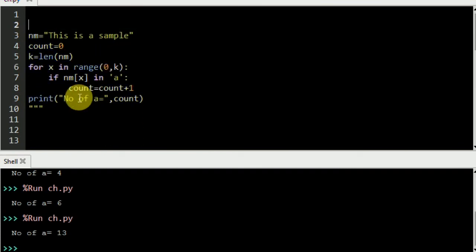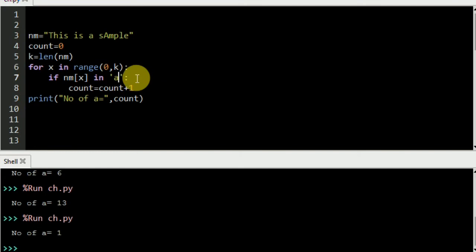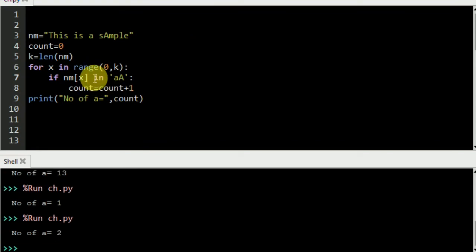You know that it's a range question, same line, same thing. A is there. If you want to change that, make it capital A. If I make it capital A and count, it will display me 1. There are 2, but it will display me 1. If you need that, you put A there. Now it will give me the answer, that is 2. Same method, only the change that I am using is nm of x in place of ch. Why? Because in this case I am using x, which gives me only the index value, and this is the way the method is going to be done.